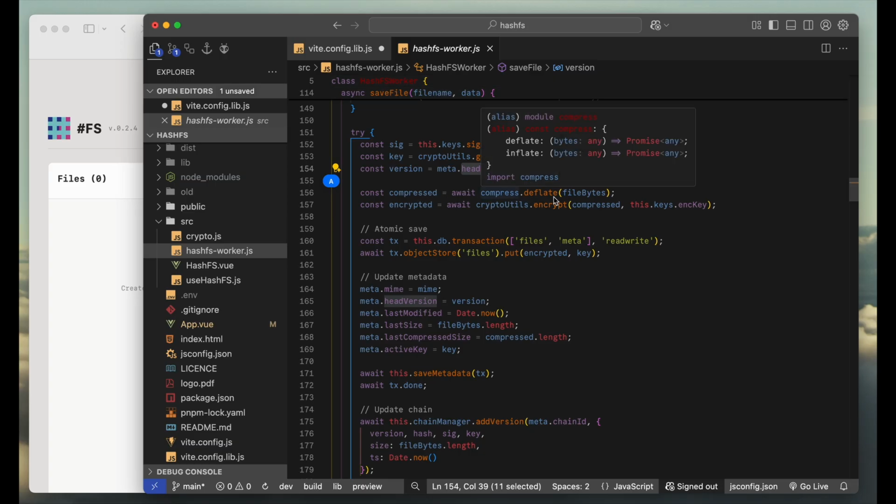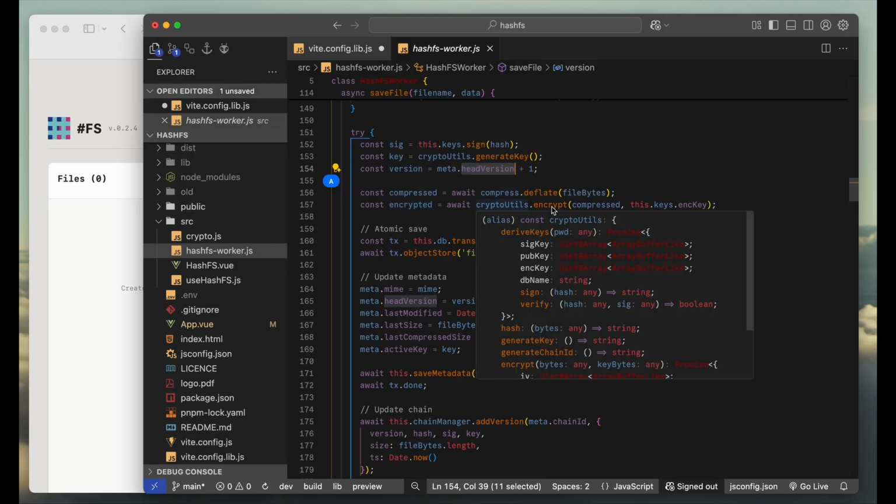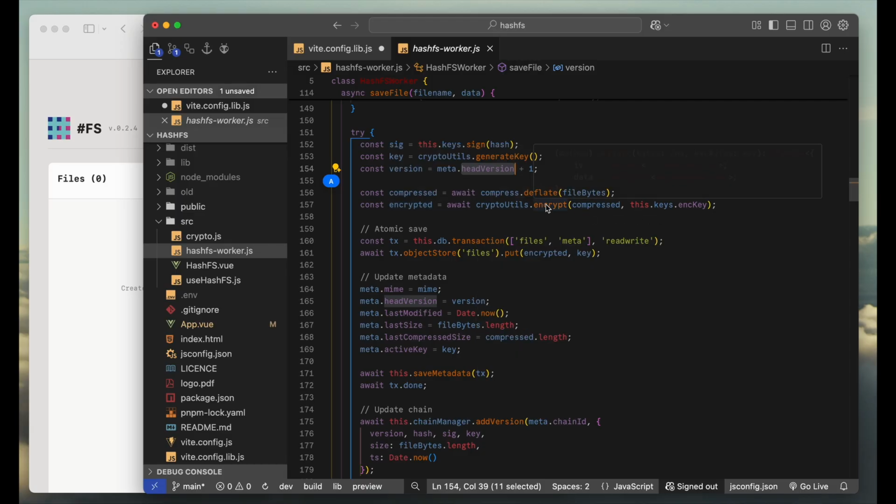We compress things with Flate, then we encrypt them with our utility. So you see, we are operating on this high level. We don't say which curves and all the maths. We just skip this. We just operate on this high level in the worker, but we're already in a separate